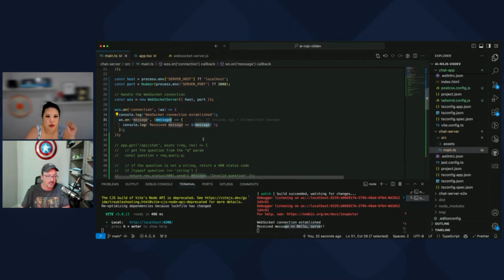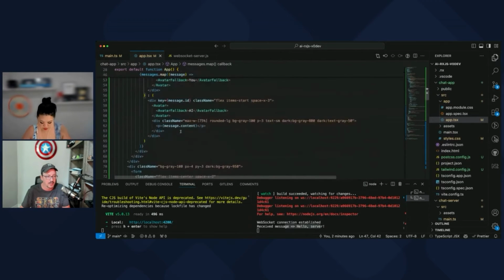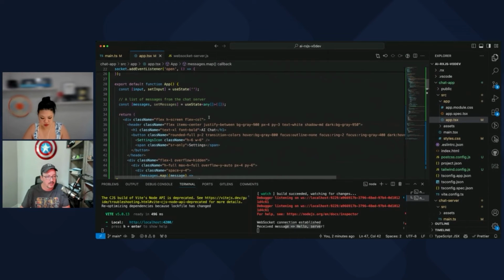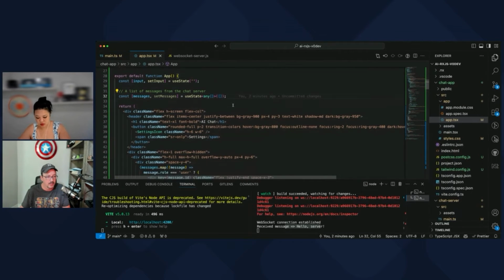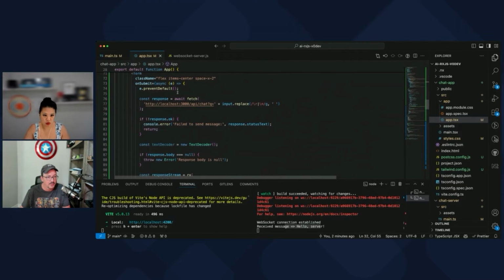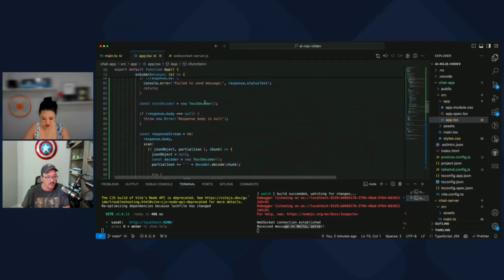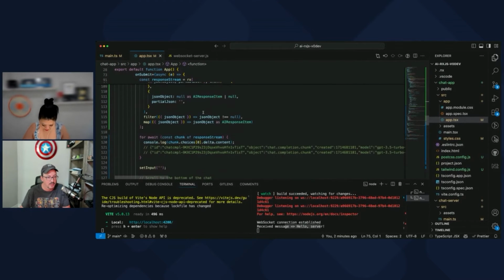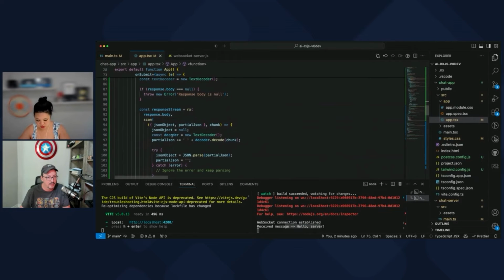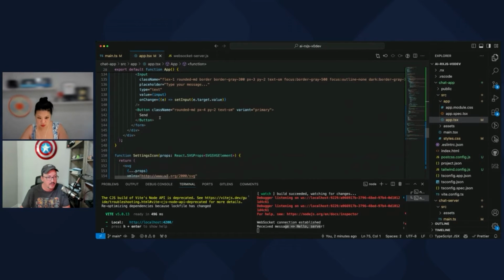So now when we get a message, we have to send a message that makes sense when we submit, which is going to be right here. Where's my submit? So in here we prevent default, and then what we really want to do is send something over that WebSocket server. So I'm going to kill most of this. We don't need almost any of this.